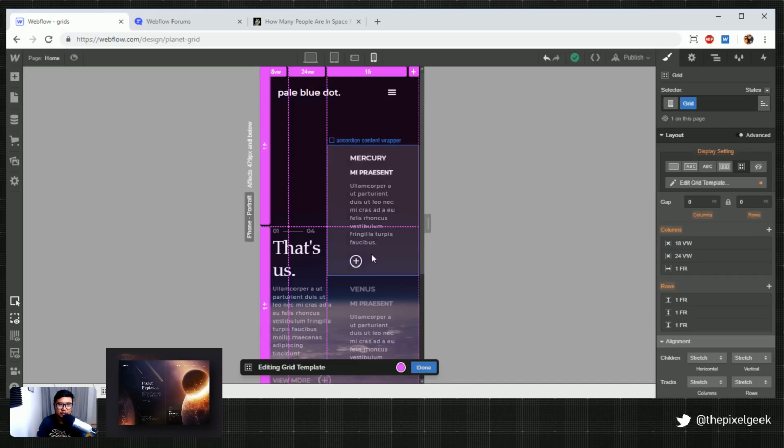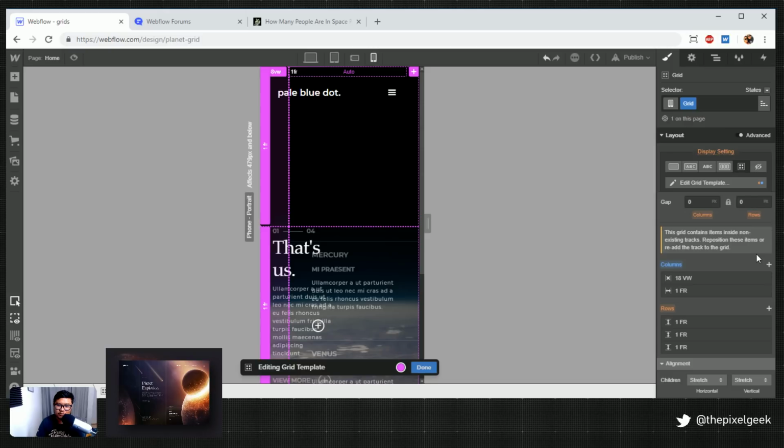Okay, let's see here. Let's remove the columns. I'm not too sure what I'm doing, but here we go. Remove. Grid contains item inside non-existing track. Reposition these items or re-add the track to the grid.